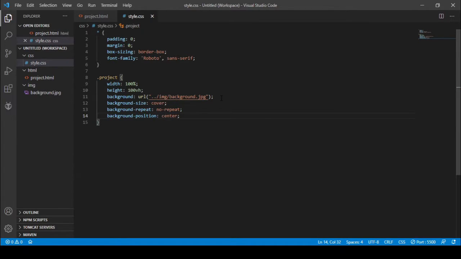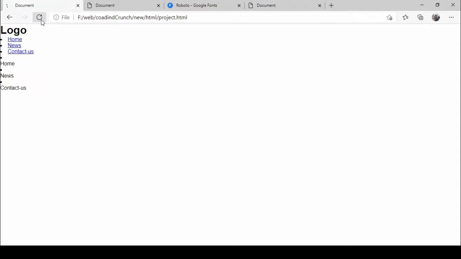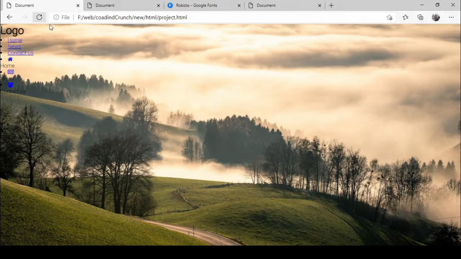So let's save it and let's open it in a browser. So here we can see that the background image has successfully applied.